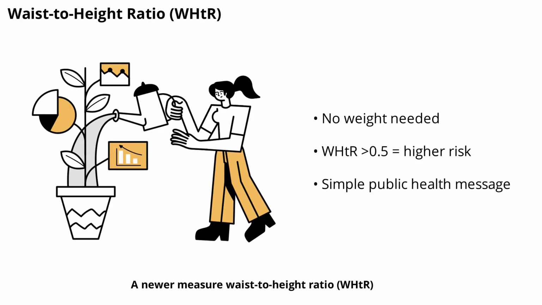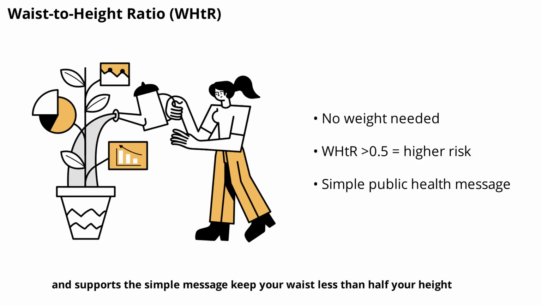A newer measure, waist-to-height ratio, WHTR, combines waist circumference and height. Unlike BMI, it doesn't require weight measurement, making it practical for field use. A WHTR above 0.5 signals excessive abdominal fat and increased risk for hypertension and heart disease. This measure is independent of age, gender, and ethnicity, and supports the simple message: keep your waist less than half